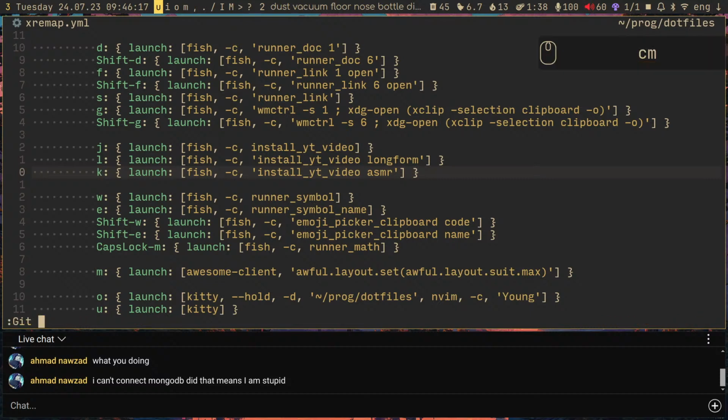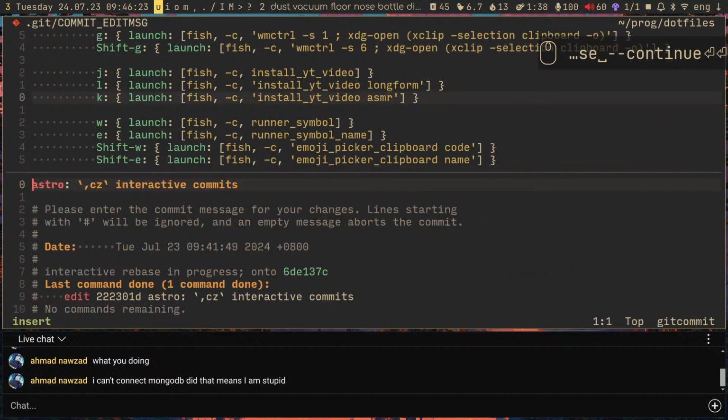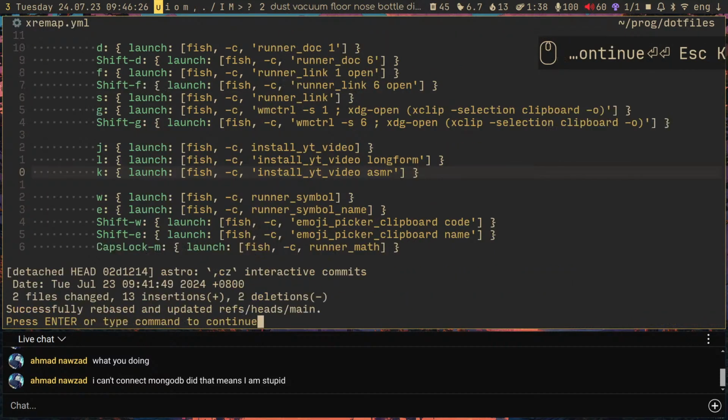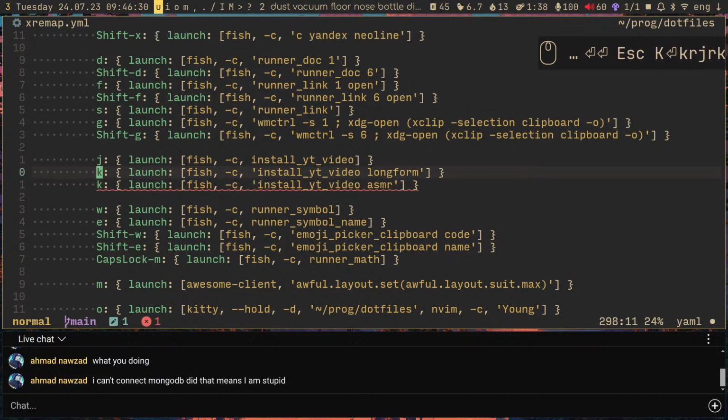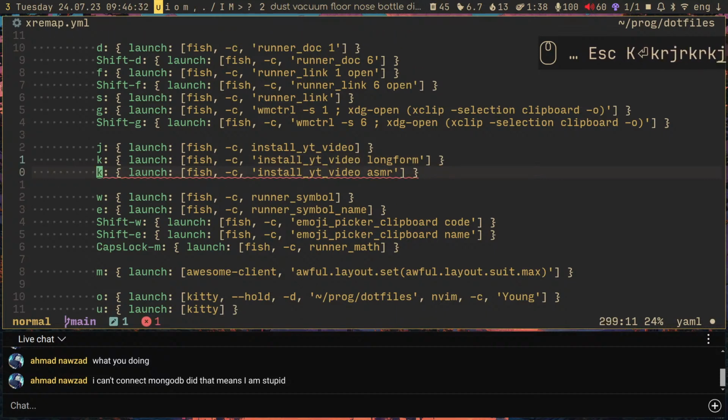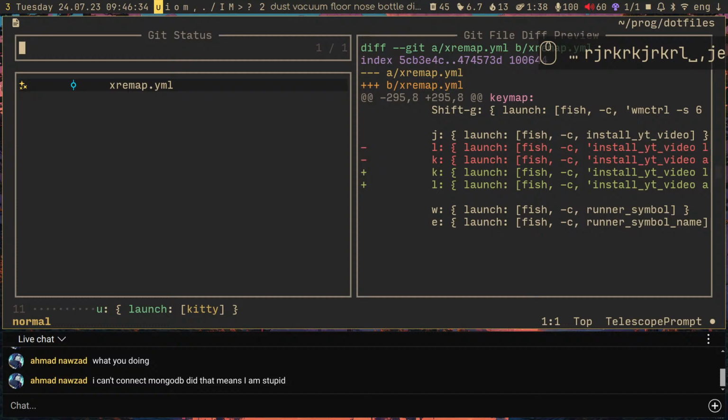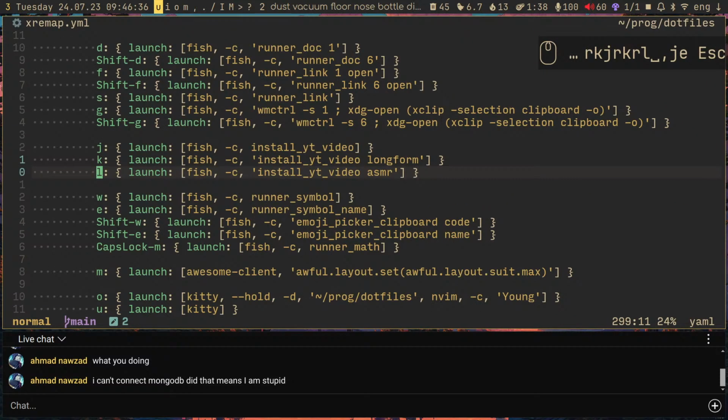Then do rebase continue. And now we fix it again. Voila! Amazing, isn't it? We removed a change that we staged from a commit, and now we can commit it